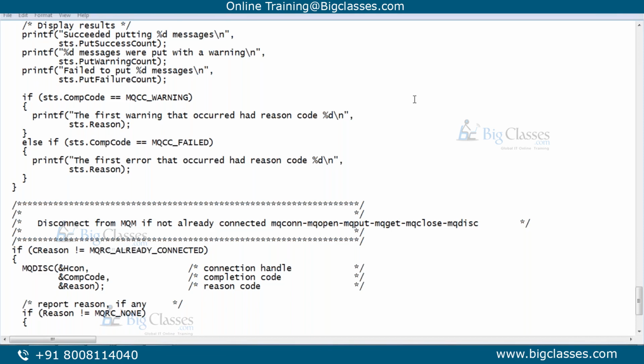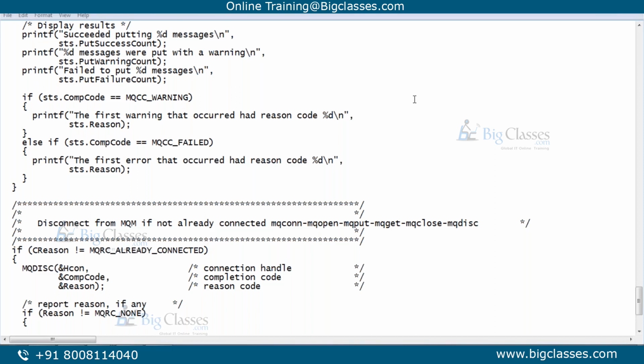The only thing is, based on the requirement, the architect will come to know what kind of messaging environment is required at the MQ end, and what objects the programs need to use to connect to the server and to put and get the messages, and to enable the applications to reconnect to the servers whenever failover or failback happens. That kind of thing needs to be done by the developers.